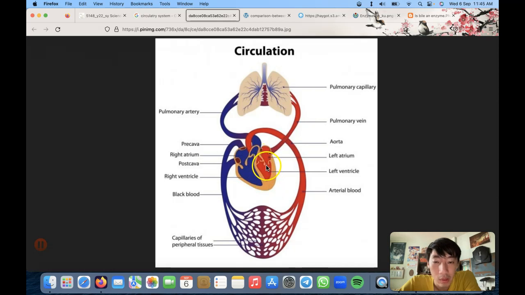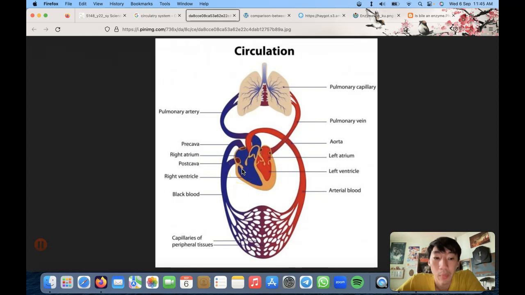The arteries carry the blood away from your heart. So you can see here, this artery carries blood away and then on to the rest of your body. This area is what I call the capillaries. These are in your tissue. For example, the capillaries in your fingers, in your toes, even in your face, right? All this part, there are a lot of capillaries and arteries.